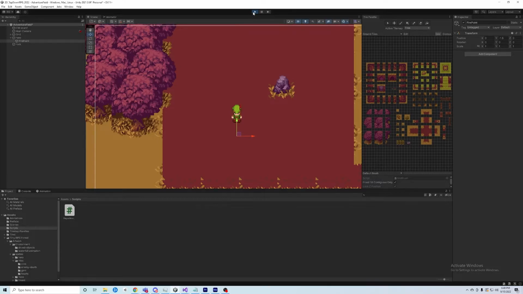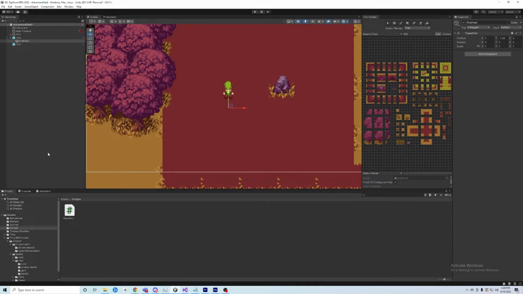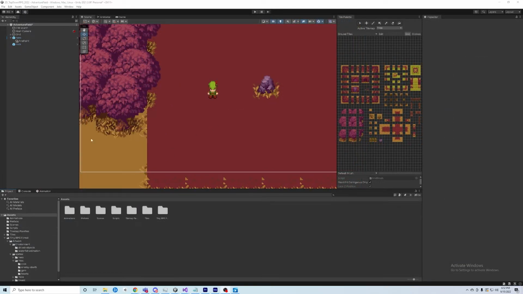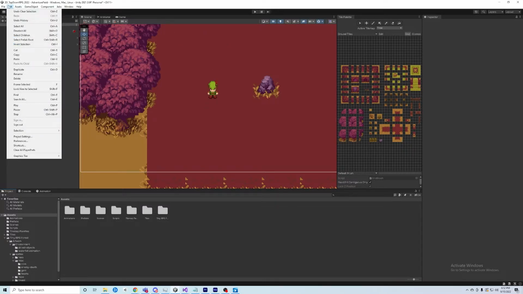Okay, so the reason we did that is so that we can make another script now and basically spawn an arrow from that location there. So we'll go ahead and do that now. So before we can start scripting and adding in the script to create the arrow, we need to go ahead and set up the actual keystroke or button press that we want to spawn the arrow. So we can do that by going to Edit and Project Settings,